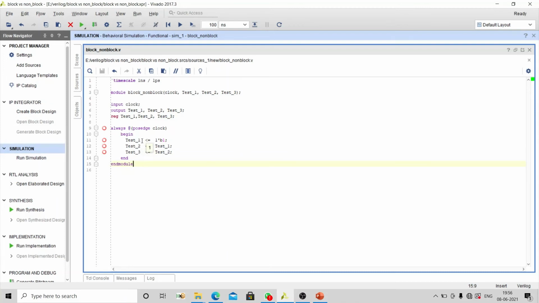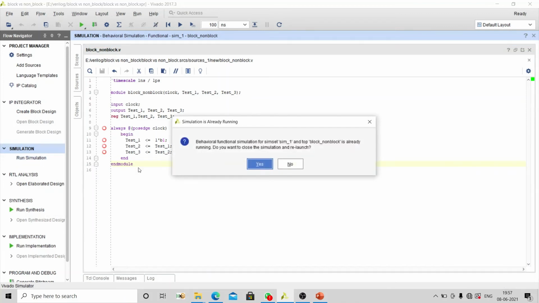Now we know what test1 is. Test1 is 1. So when we execute the second clock cycle, as test1 was assigned 1 in the previous clock cycle, it is going to be assigned at this time. For the second time when we are running, we will get test2 as 1, and when we are running for the third time, this test2 is going to go to test3. It may be confusing while explaining. Let's see in simulation, it will be very clear.